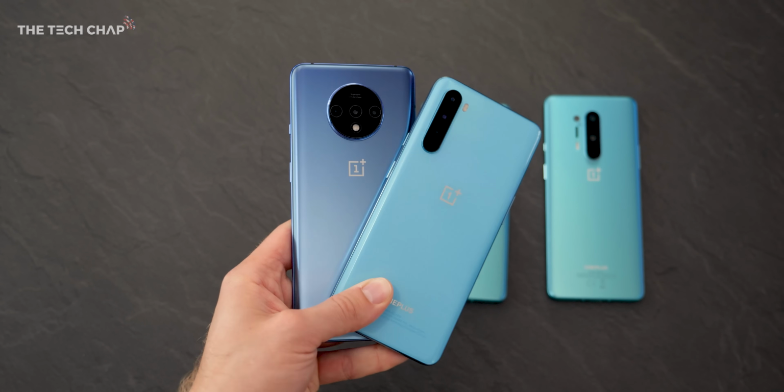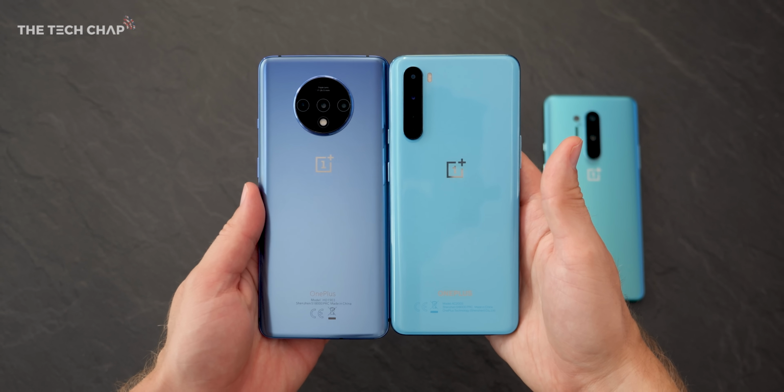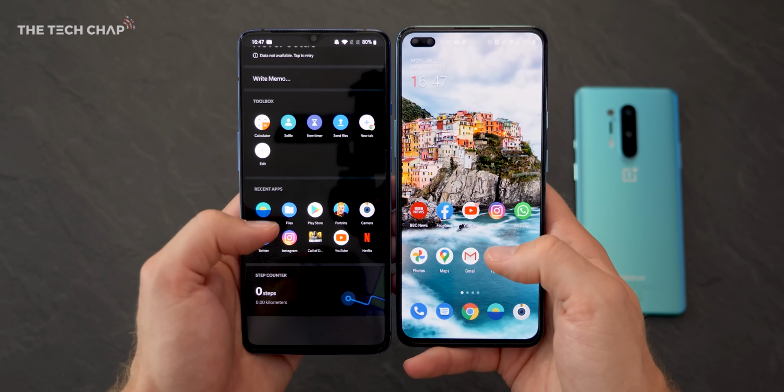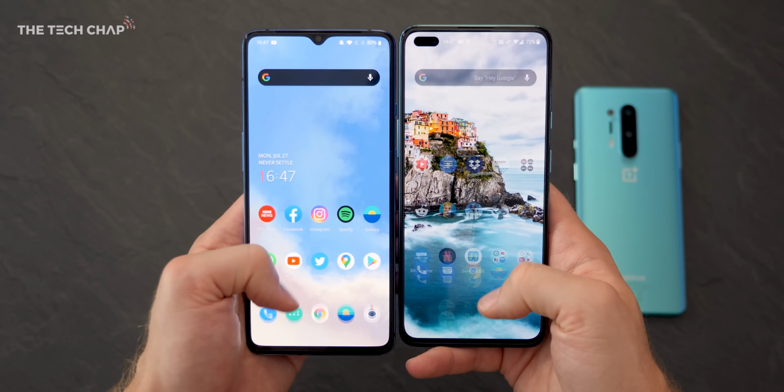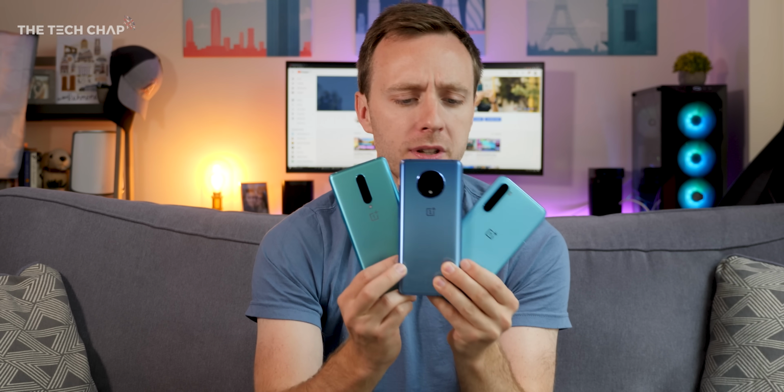Alternatively, there is the OnePlus 7T, which is last year's phone, but it is a better phone, it's more powerful, you get slightly higher end specs, although you do miss out on 5G, and it's £100 more than the Nord, so it's kind of like a halfway house between the Nord and the 8. So that is definitely worth considering and something you can still buy on their website. So if you want something that's a little bit better but can't quite stretch to this, then the 7T is